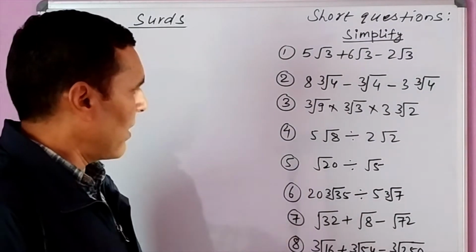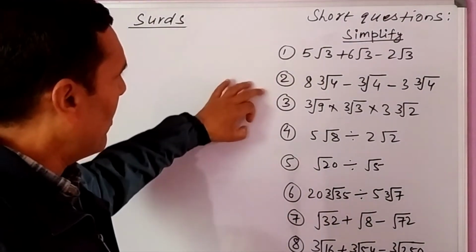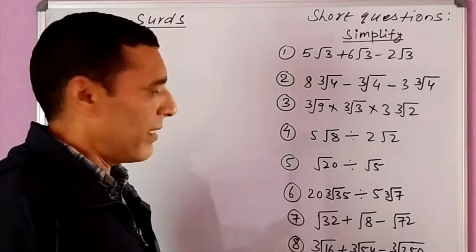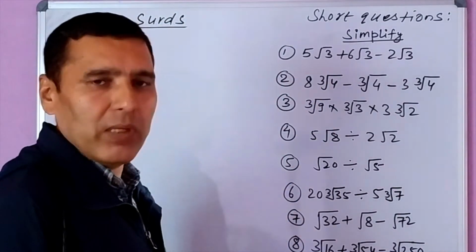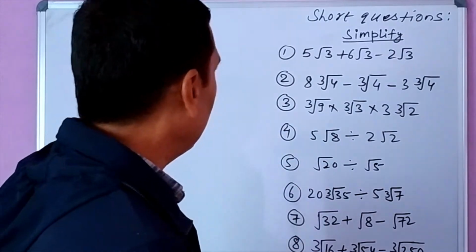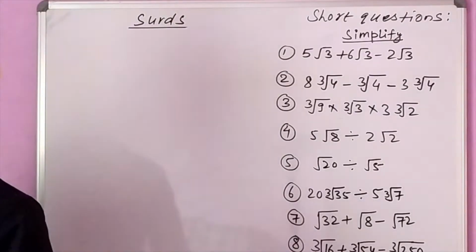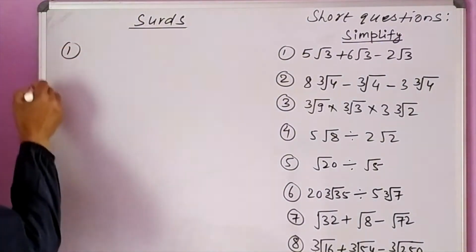Now we have some questions here. Question number 1, 2, 3, 4, 5, 6, 7, 8. I have taken 8 short questions. So in today's class, we simplify these questions. Let's start taking the first question. Our question number 1 for simplification is